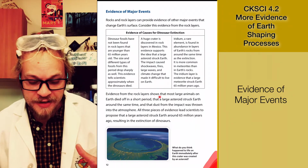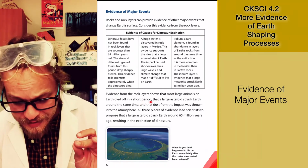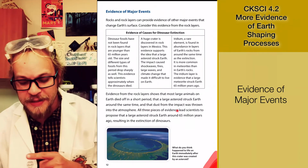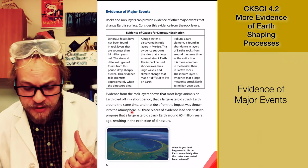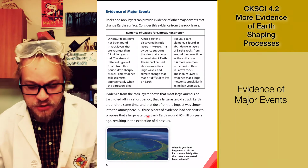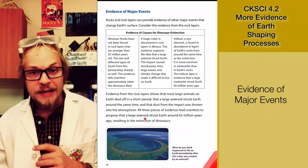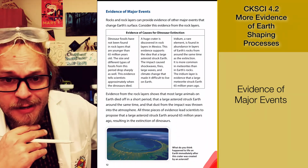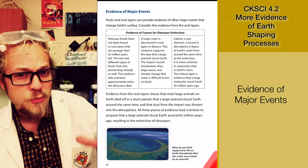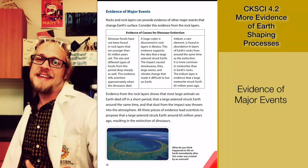Evidence from the rock layers shows that most large animals on Earth died off in a very short period, that a large asteroid struck Earth around the same time, and that dust from the impact was thrown up into the atmosphere. All three pieces of evidence lead scientists to propose that a large asteroid struck Earth around 65 million years ago, resulting in the extinction of dinosaurs. As sad as that may be, it's probably for the best that we don't have a bunch of dinosaurs running around anymore. But our Earth is constantly changing, whether it's asteroid strikes,